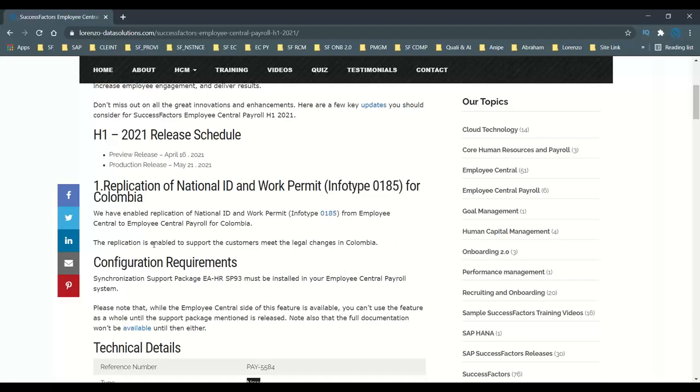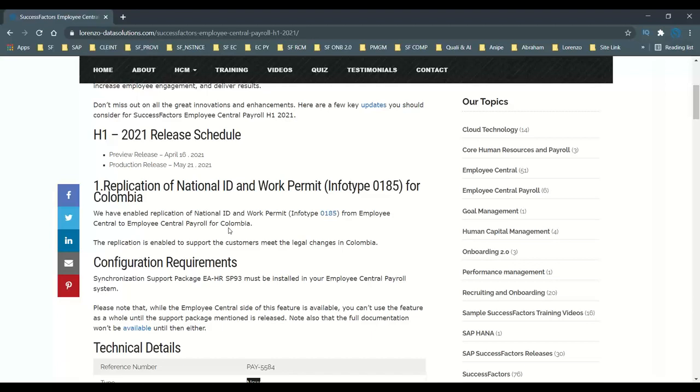This is going to work with a point-to-point replication. So we have enabled a replication of national ID, work permit for Info 185 from Employee Central to Employee Central Payroll, which is country specific to Colombia.